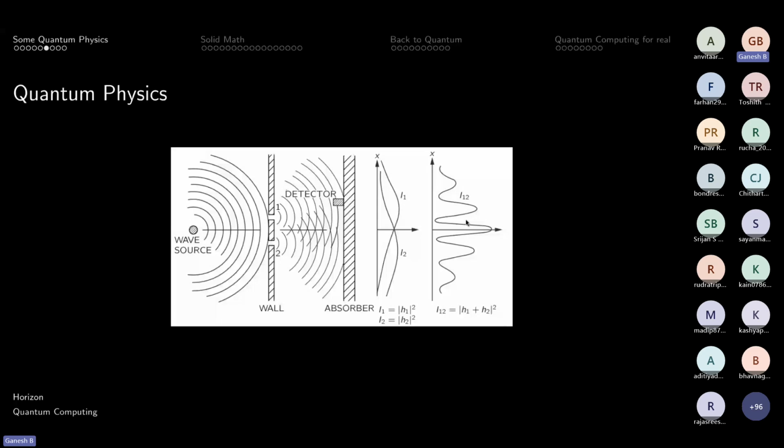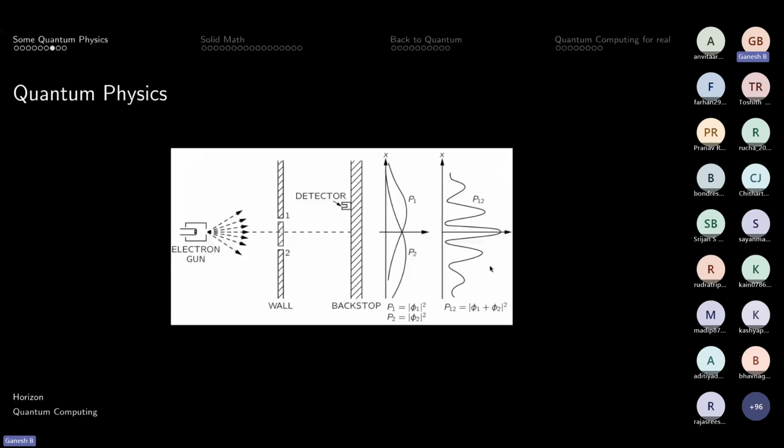Now, the interesting part is what happens to the distribution when you fire a particle that is really small. Here is a very similar gun, but this fires electrons instead of bullets. Again, we have individual probabilities P1 and P2, and intuition suggests that the probabilities should simply add up. But here it doesn't add up the normal way we think it would. It adds up the way wave intensities would add up. So this is kind of weird.